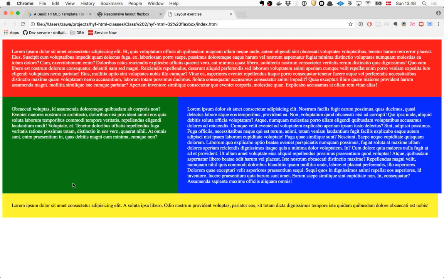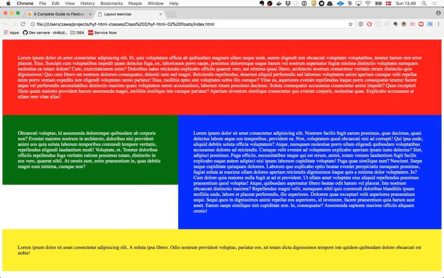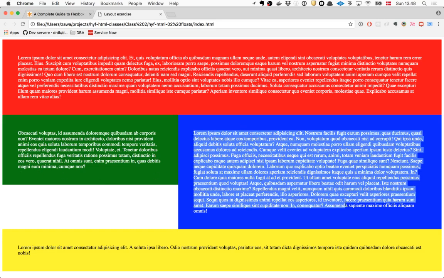How can I solve it in the flow? What would be the best way to do that? It's a really classic problem. You can always set a specific height, but the problem is if you set the height on their side, then somebody is going to type some more text over here, and then you have to set the height again.